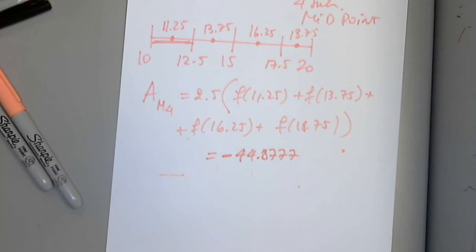So that is the area between the graph of the function and the x-axis between 10 and 20. So it appears that the function is under the x-axis because the area is negative. So if we want to check that,